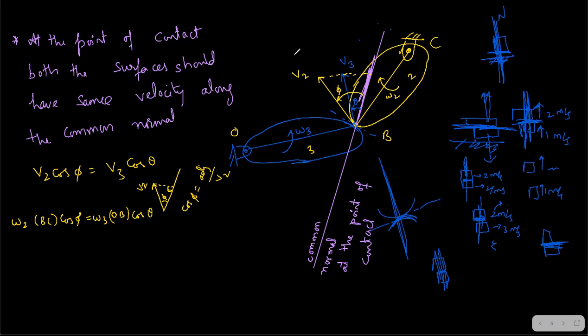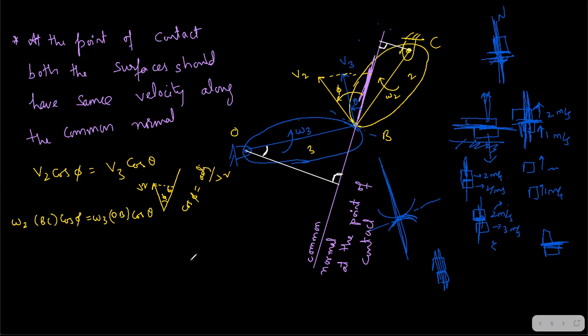So what we are going to do next is I am going to drop perpendiculars. I am going to drop a perpendicular on the common normal. Perpendicular to the common normal, I'm going to drop a line. So this looks perpendicular enough, right? Pretty perpendicular. And here also I'm going to drop a perpendicular line. Fine. And I'm going to mention that this is perpendicular, and here this is perpendicular. So now, what is the angle over here? Can anyone just see the angle over here and the angle over here?